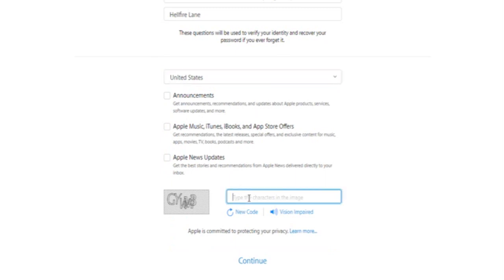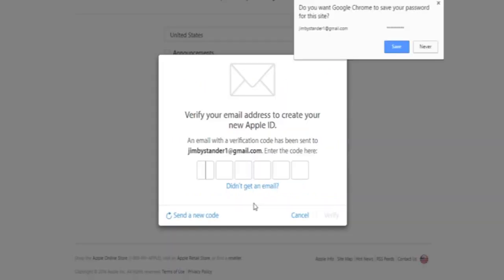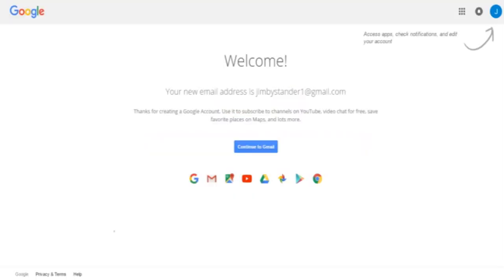And then we go over to this captcha over here, and it'll be different for you if you are making your own account. It's always a different code. As you can see, if I click new code, we get a new code there, and then we have to type it out just to confirm that we are not in fact a robot. And then it sends a little verification code to our email, which means we can go over to our email here,